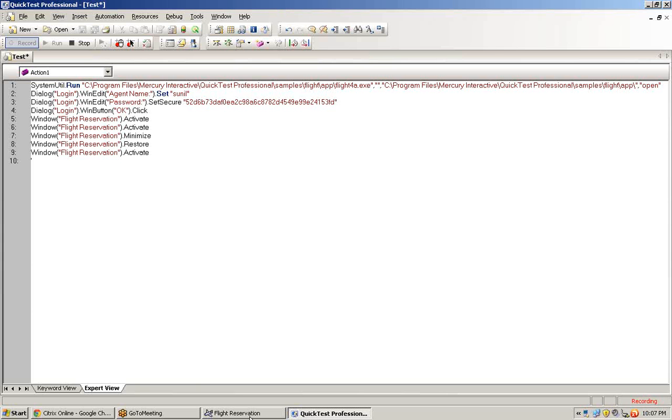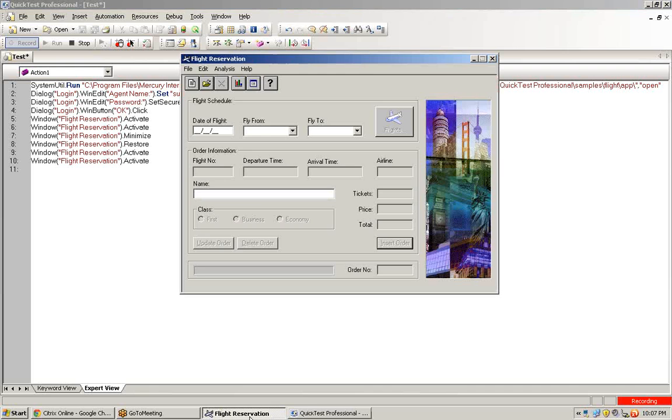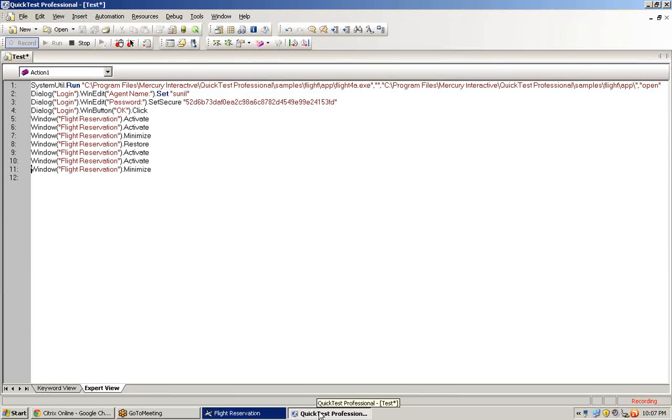See, you can see the properties of the object in object spy. What if you want to change this property?